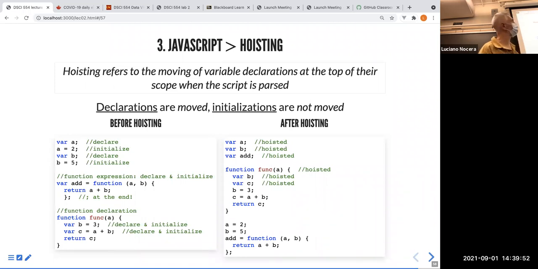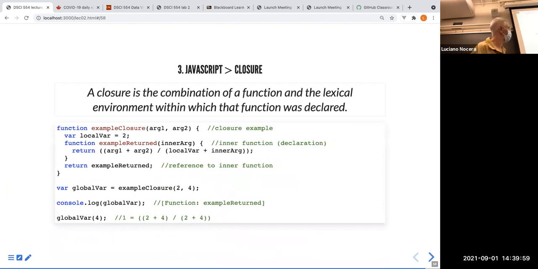I'm not sure what the scope of the const is though. I think it's similar to the let, the block scope. Okay, so we said that there is no way really to encapsulate a private variable. But there is a kind of workaround, and the workaround is the closure. The closure is basically one function that returns another function,